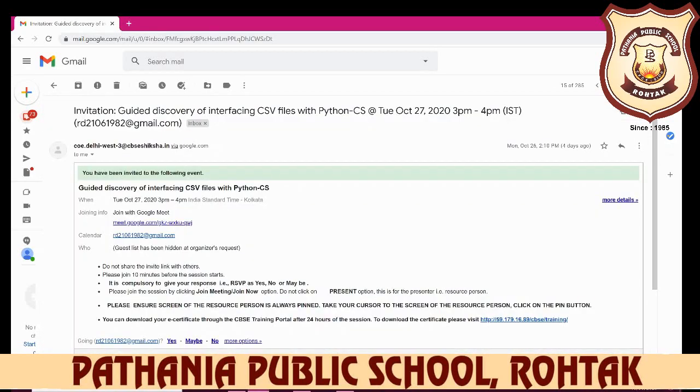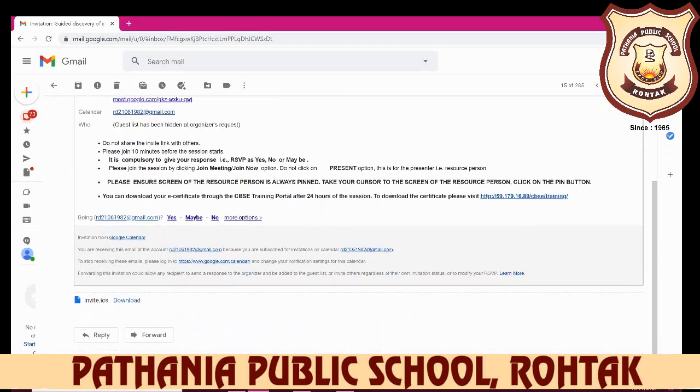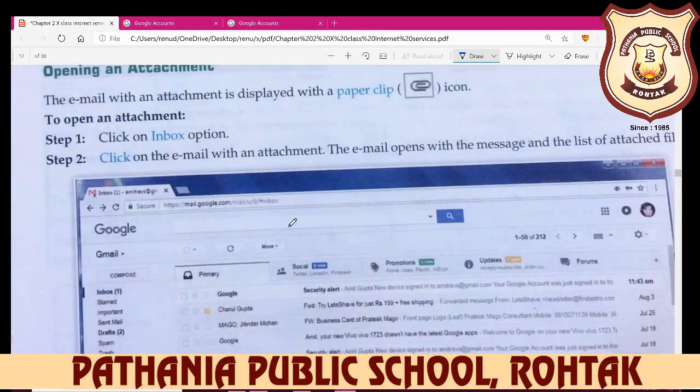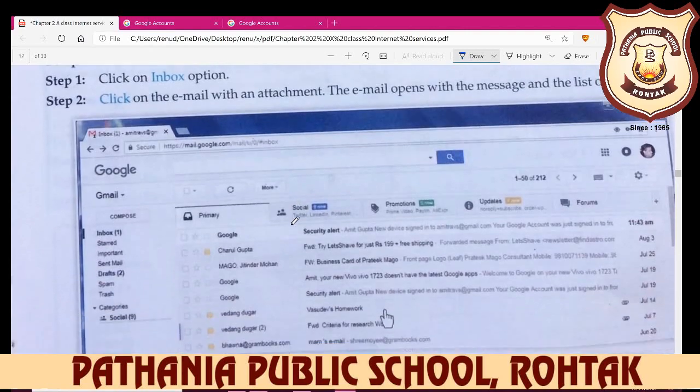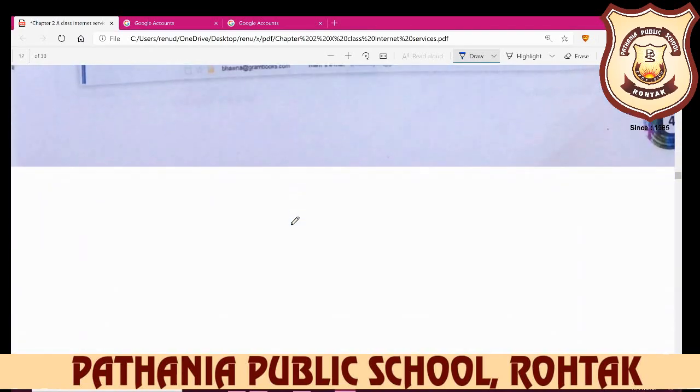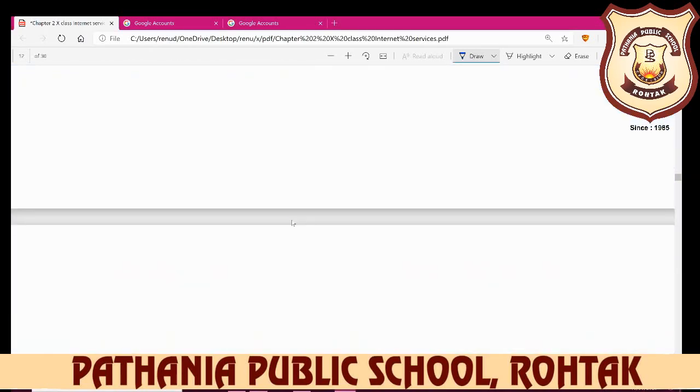Why I have opened this email, here you see attachment, one attachment is there, so you can download it. So it downloads in your system, that way you can open your attached file. Okay, so you see here invite.ics file will be downloaded on my computer. So this is opening an attachment. This way you can open the attached file with your email ID.